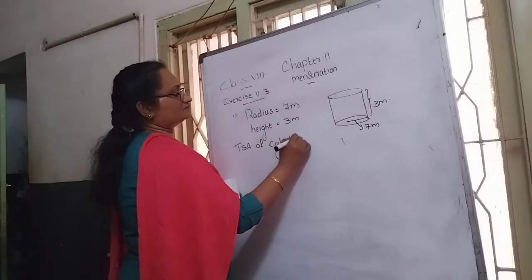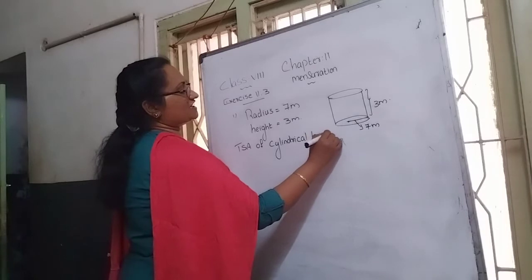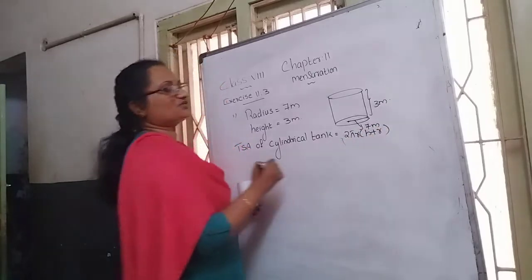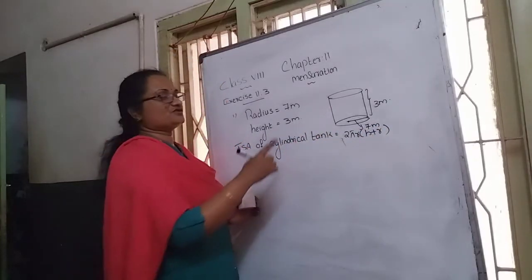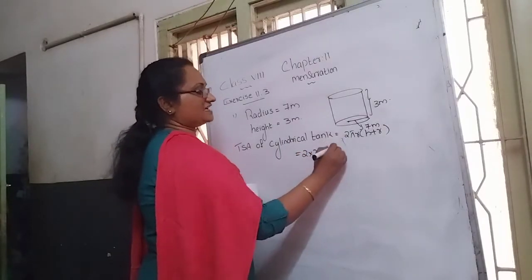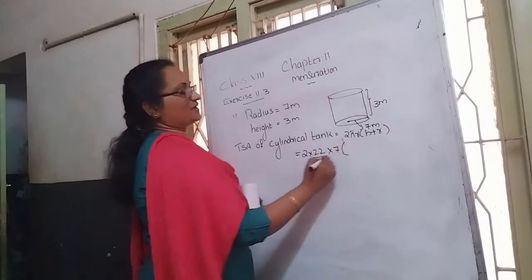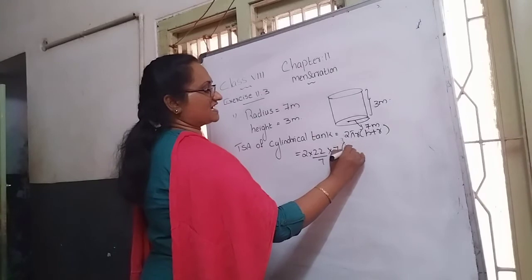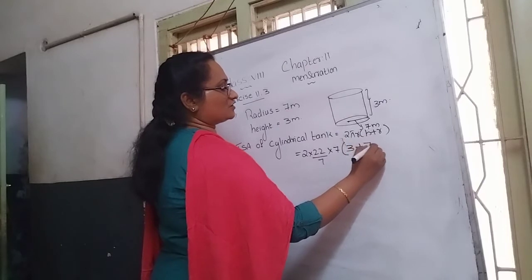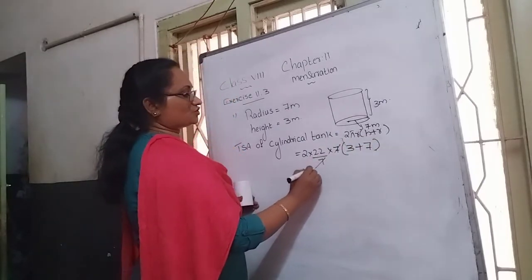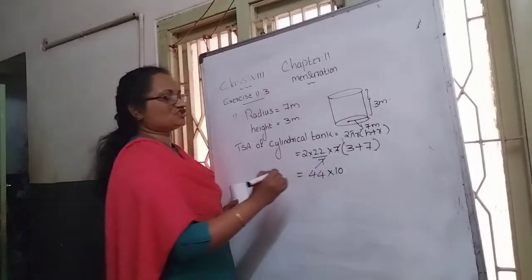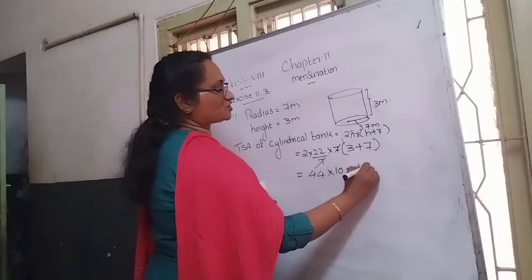The formula for TSA of a cylinder is 2πr(h + r). Using this formula, substitute the values: 2 into π, which is 22 by 7, radius is 7 meter. Then open the bracket: inside, h means height, which is 3 meter, and the radius is 7. The 7s cancel. 2 into 22 becomes 44. Then 3 plus 7 comes to 10. So 44 into 10 comes to